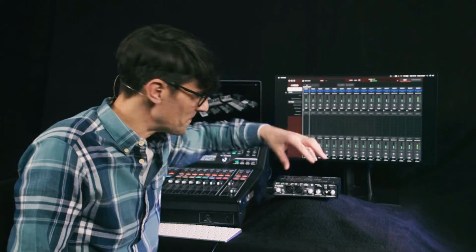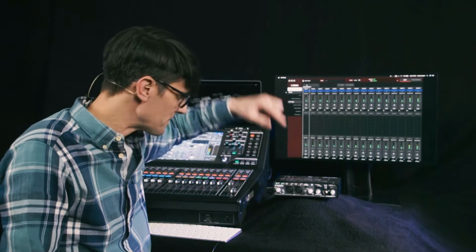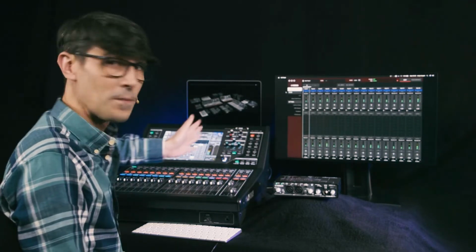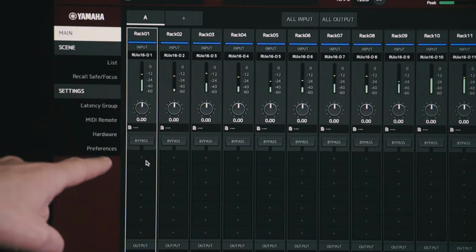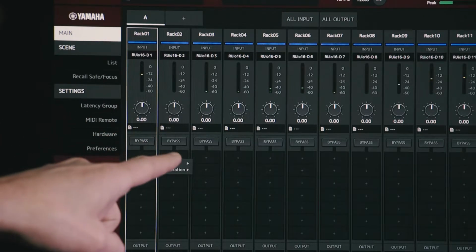We're getting to know the RU-IO16D and how to use it with VST Rack Pro to provide a wide range of VST3 plugins for a live sound or live stream mix. We have connected it to the Dante network and patched inserts from the mixing console. We have launched VST Rack and now we are ready to apply some plugins.